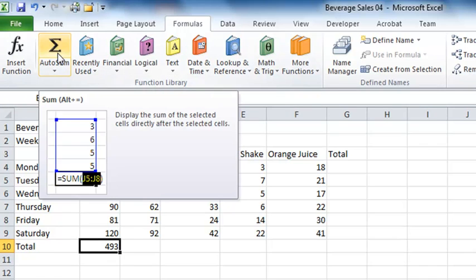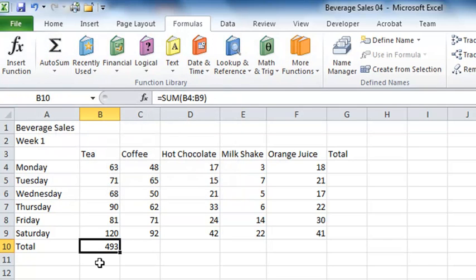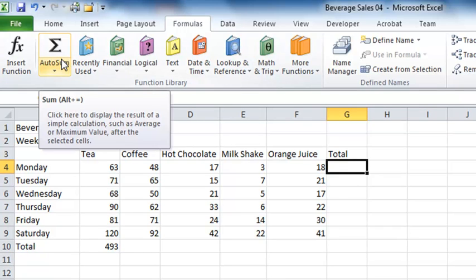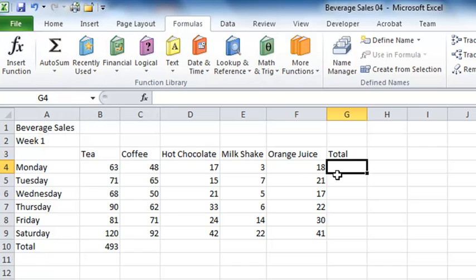Now the sum function is there to help us and make us work quicker, but it's always a good thing to know how to type formulas in. There isn't a magic button for every formula you want to type, so you do need to get used to constructing formulas on your own. Let's come over in to G4, and again we can use that AutoSum function to generate a formula that calculates